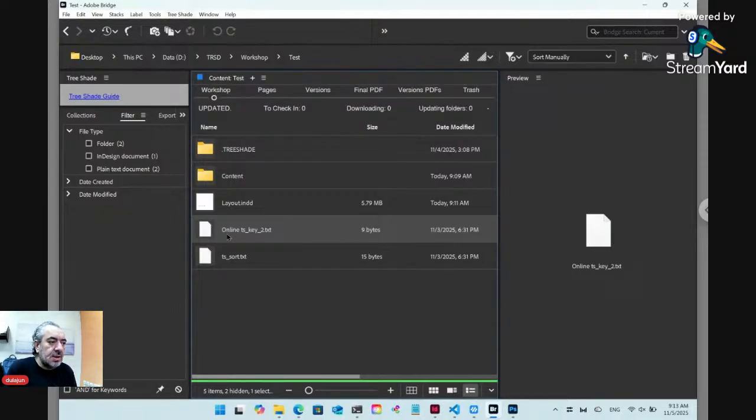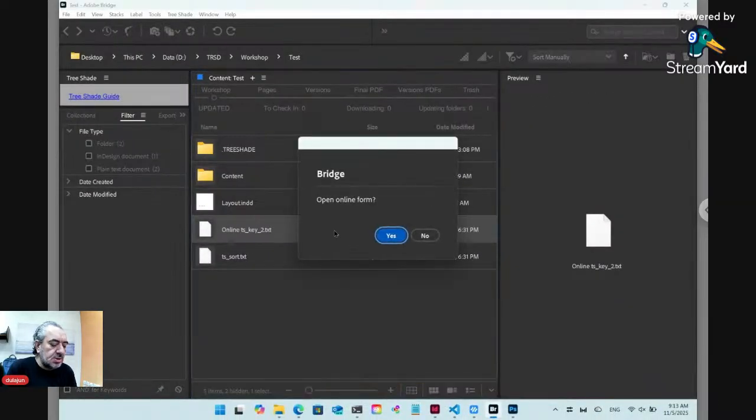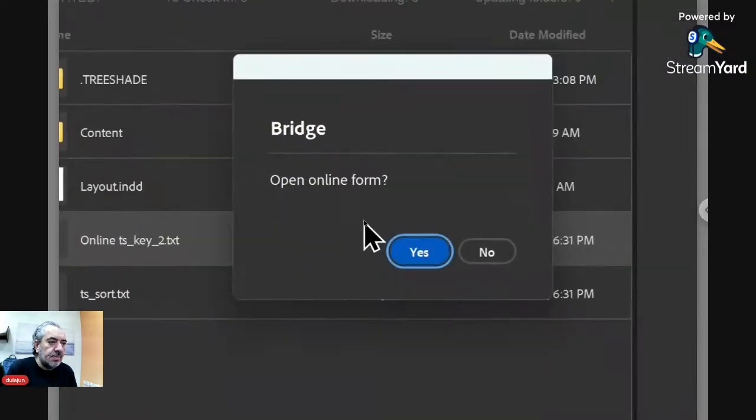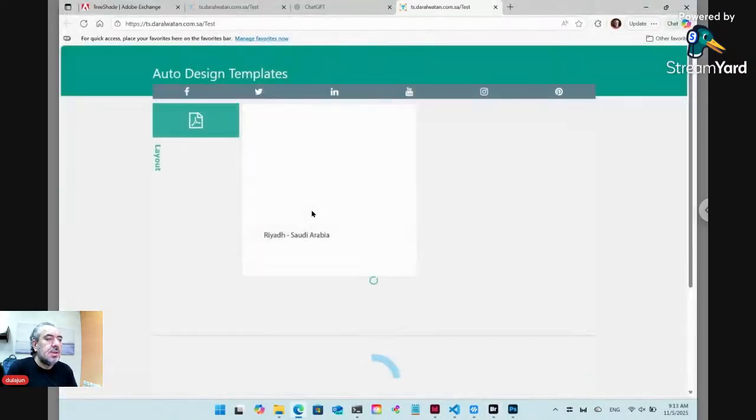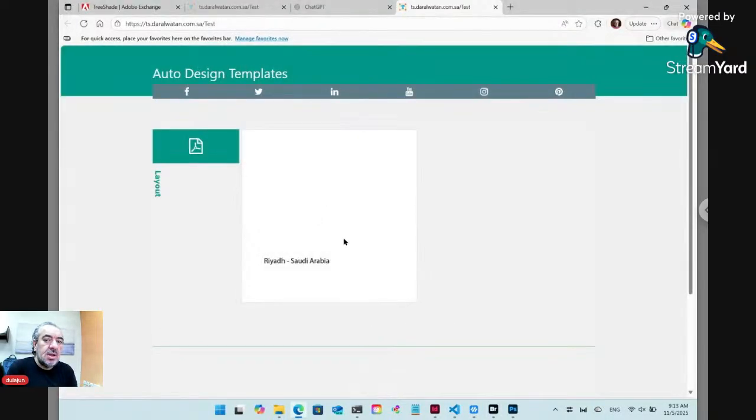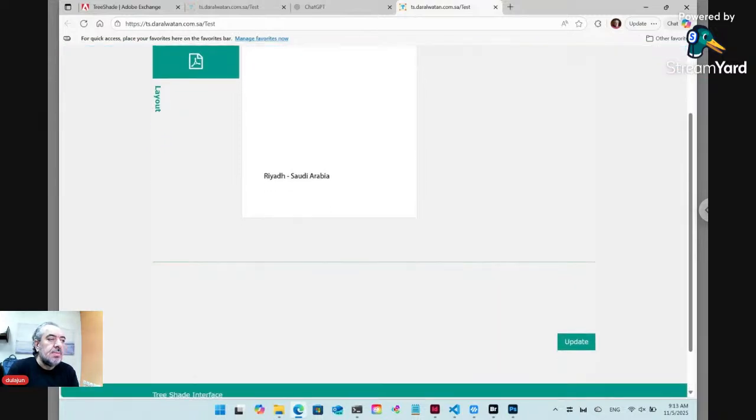Now if you double click on this text file that has ts_key, TreeShade will ask you to open the online form. Click yes, and the online form opens and the document is previewed here. But here we don't have any content. The address is not previewed here